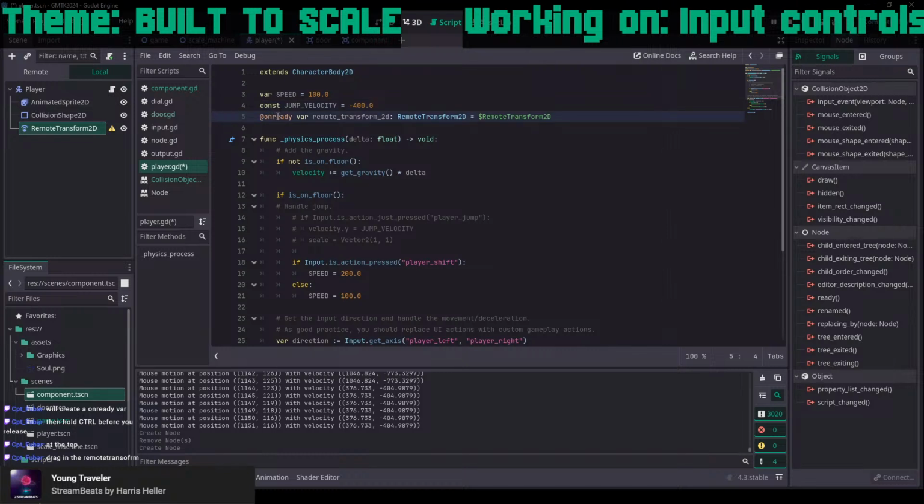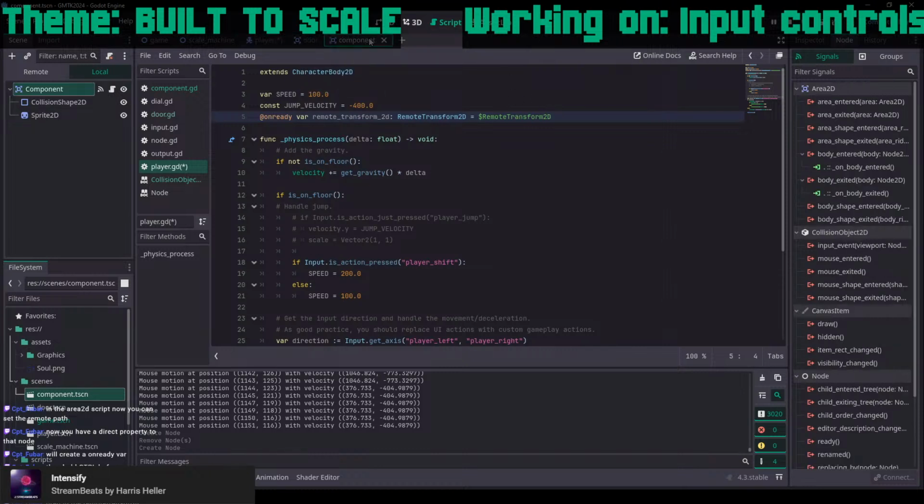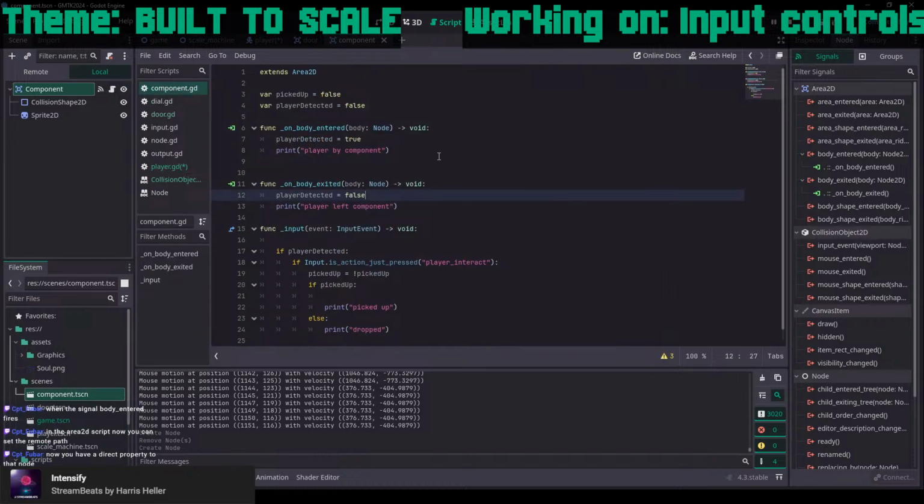So what's on ready, I guess, is some signal to say now have a direct property to that node. Okay. So in this script, which is our component script here, in signal body entered fired, this one,